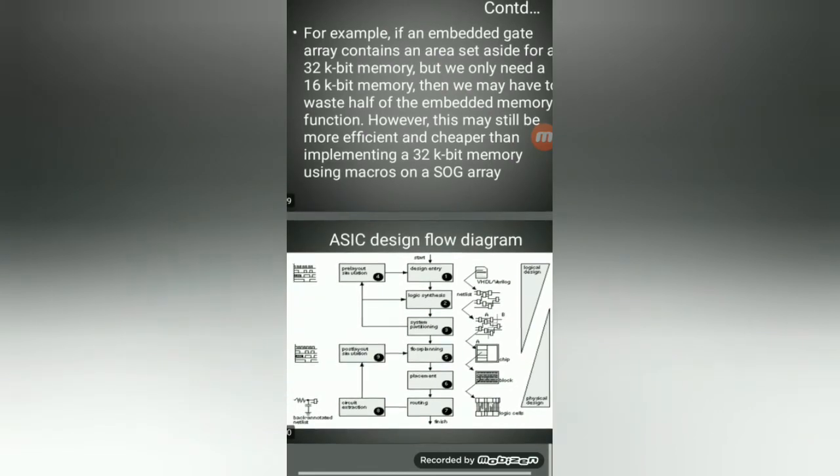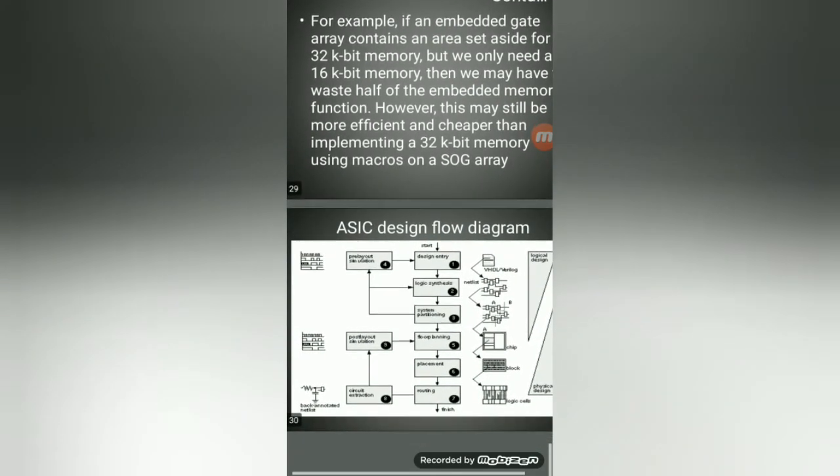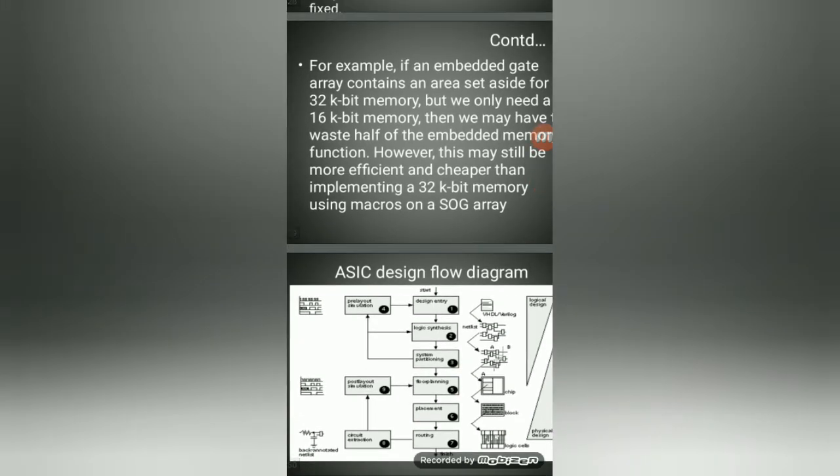Once the placement is over, next we go for routing. Routing is the process of connecting all internal connections. Once the routing is completed, next is layout extraction, or circuit extraction. Once the circuit is generated, next we go for hardware components simulation, that is called post-layout simulation. Once the simulation results of both pre-layout and post-layout simulation are equal, next we go for the fabrication process.